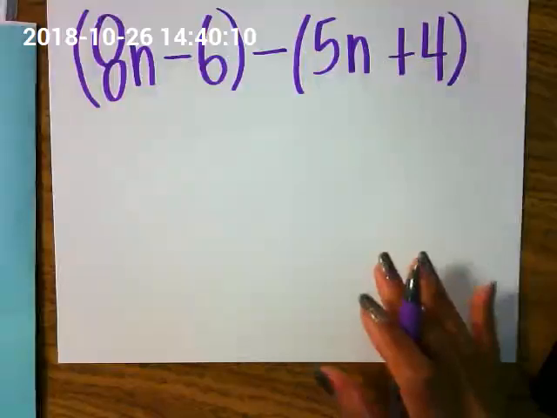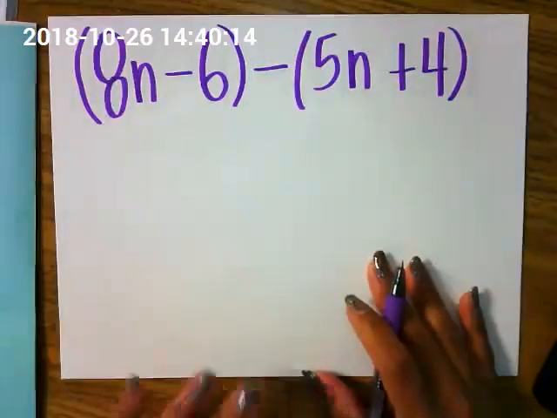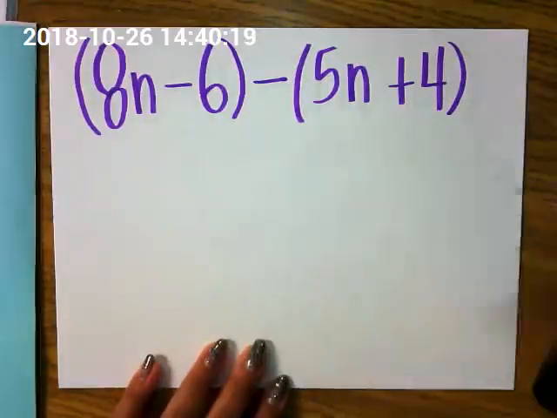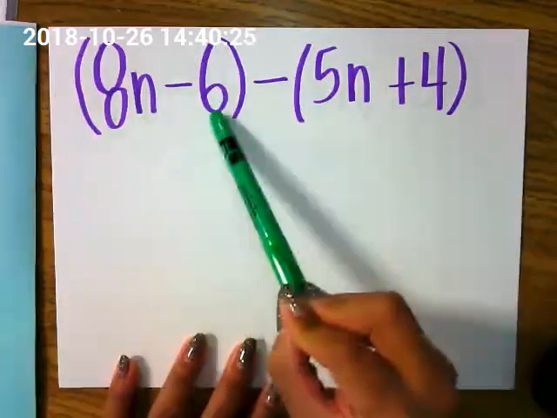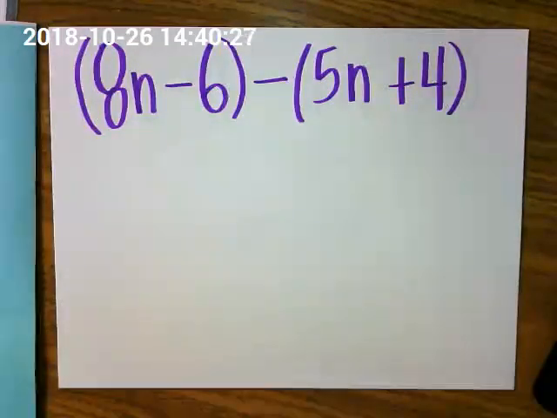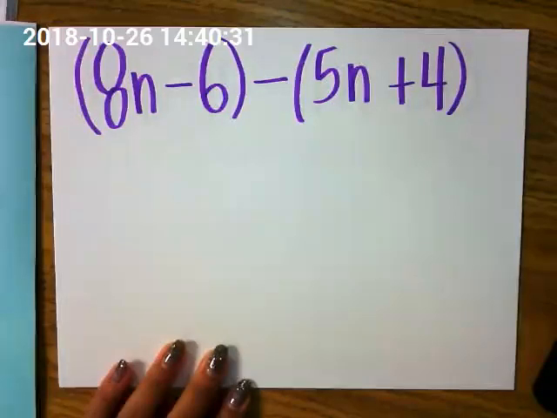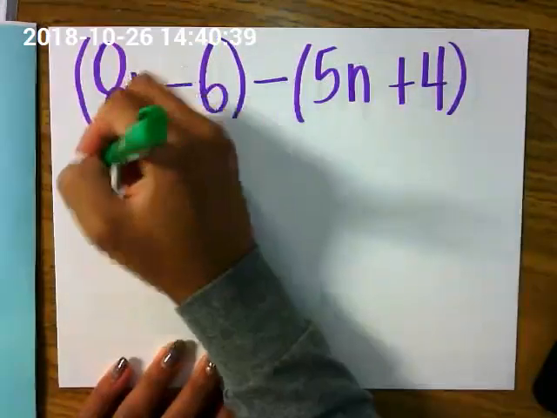Which expression is equivalent to 8n minus 6 minus 5n plus 4? So are we distributing anything here? Yes. Well, in the first parentheses, are we distributing anything? No. So what can I go ahead and do with that? Joanna? Close the door, please. You can just go ahead and bring it down, right? So 8n